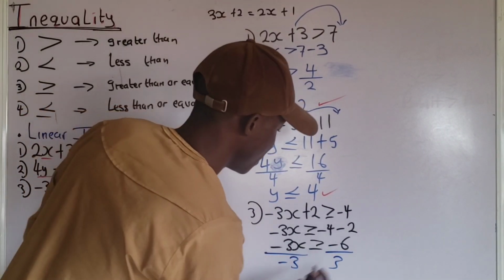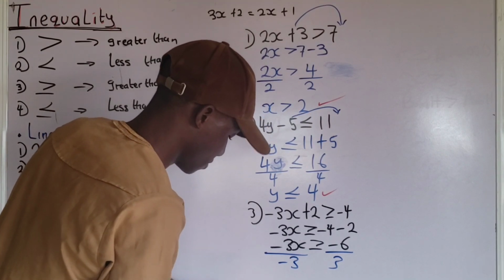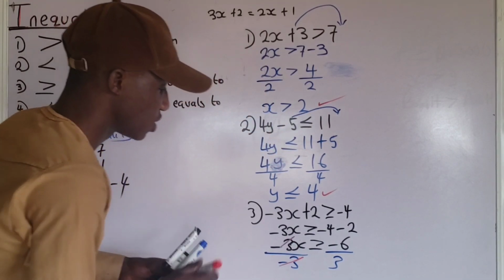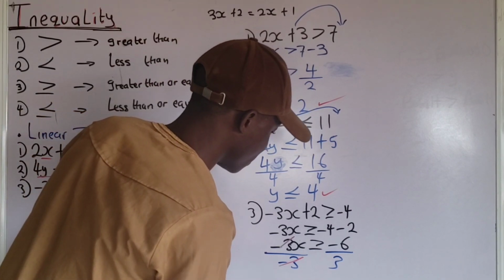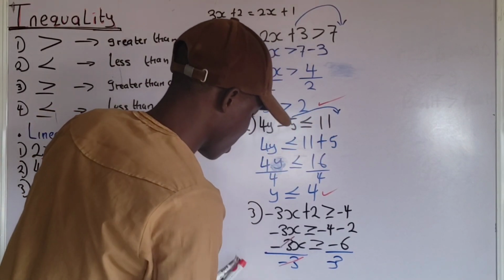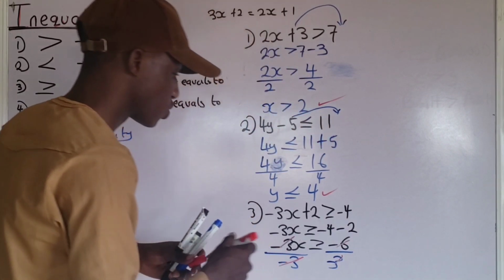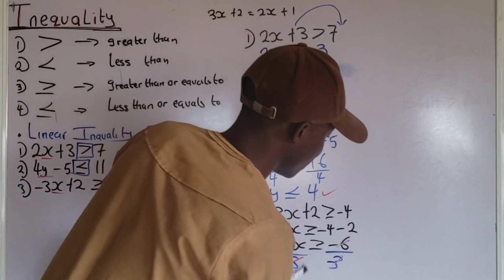So this negative 3 will cancel this negative 3. You understand? And, oh, sorry, this should be negative. And this negative 6 will cancel this negative 6 as well. So I'm left with what? x